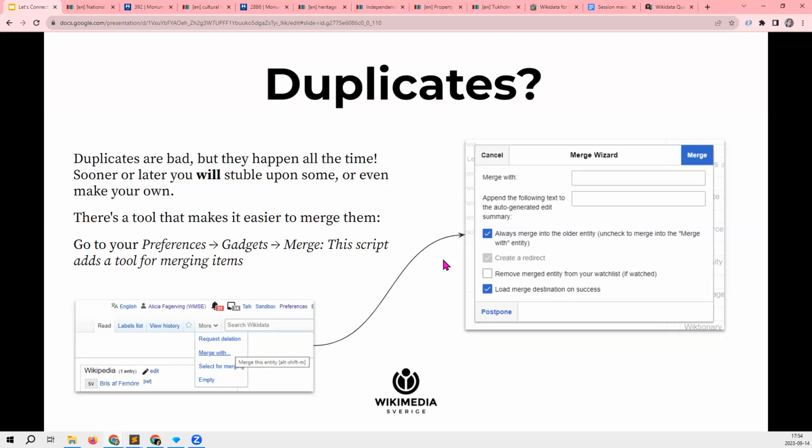You just do 2 clicks on the item that you would like to merge with another. You indicate which is the duplicate item, and then they become one item. So this is not something you have to be very, very afraid it will happen.